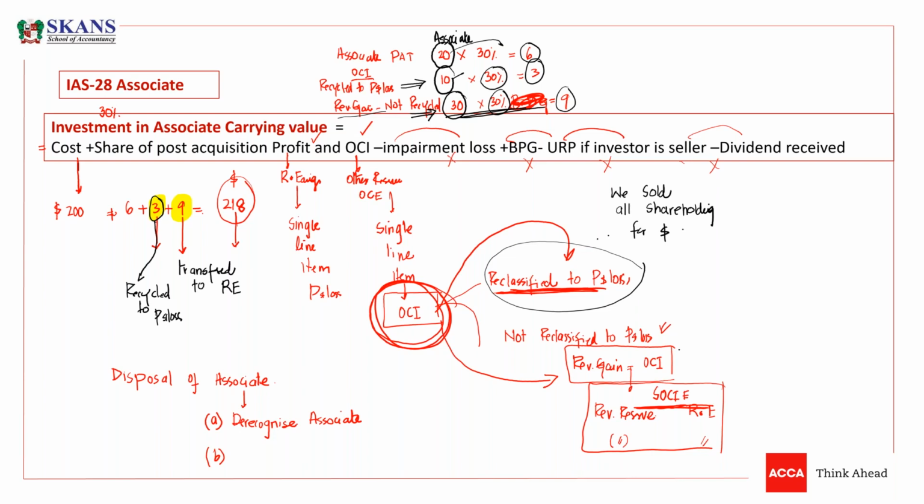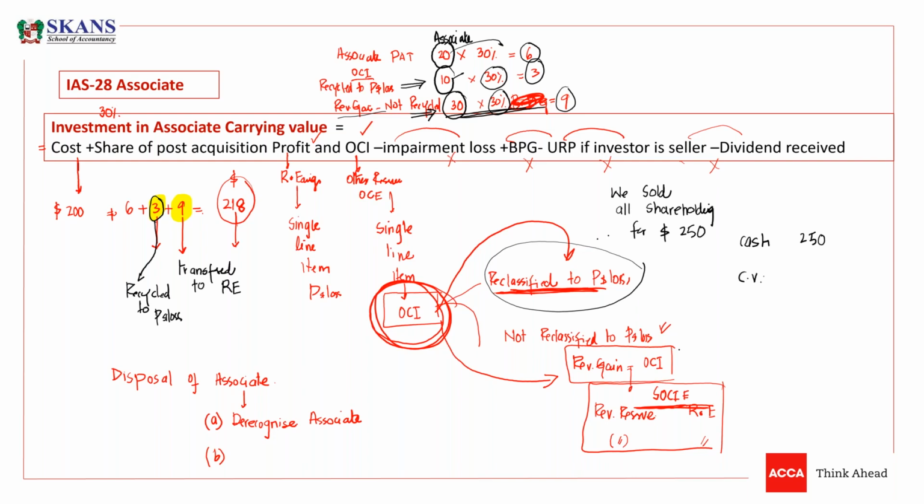So you can say we have sold this for 250. Thank you. Now if you have sold this for 250, you will debit cash. You are going to record cash of 250,